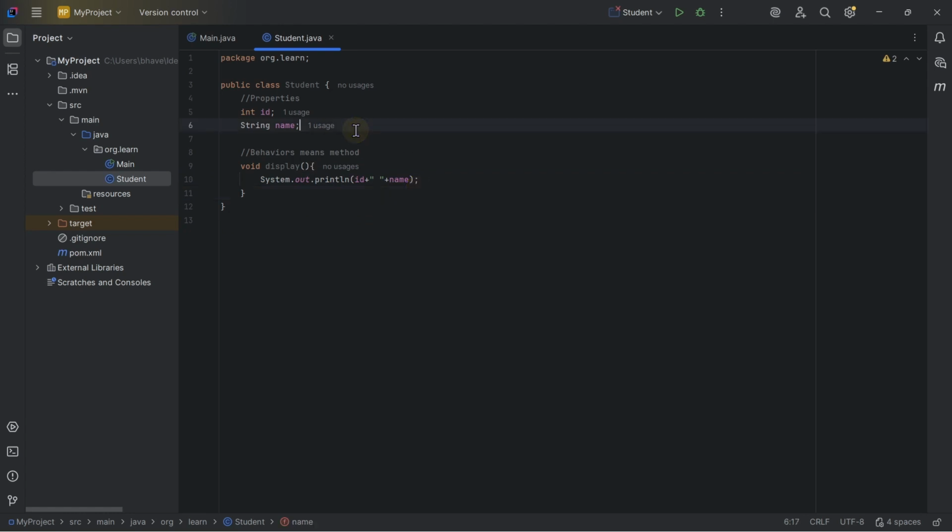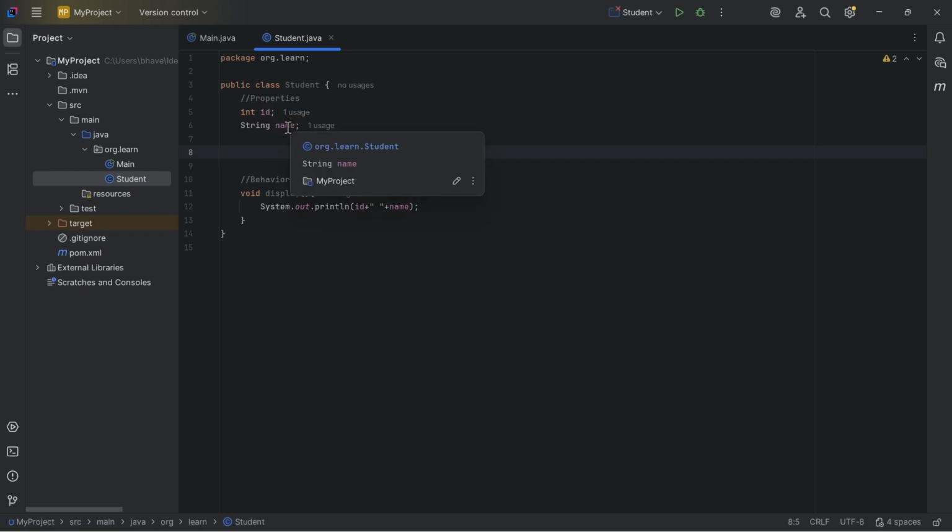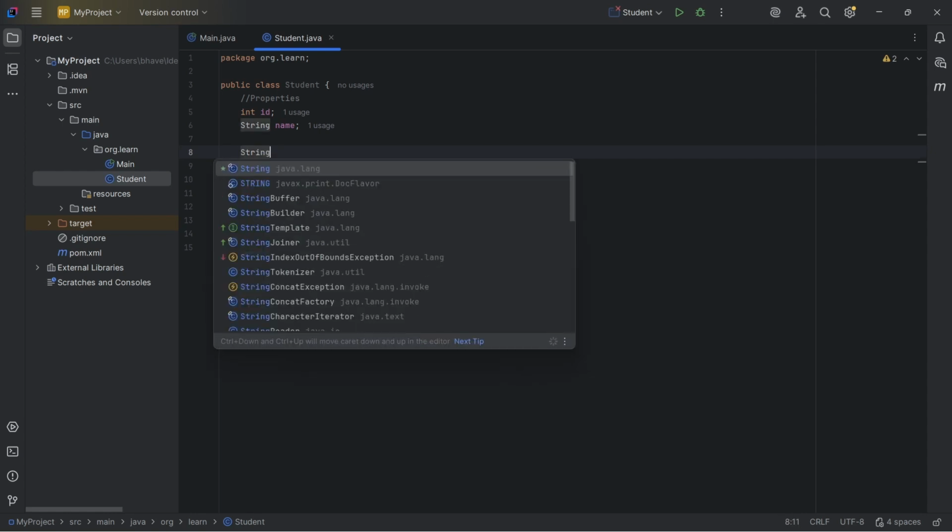Now I want to define a parameterized constructor. Why do I want to define a parameterized constructor? So that if we create an object of this class, and during object creation we pass values for the properties id and name, the values should be assigned to that object during object creation only. So let's define the